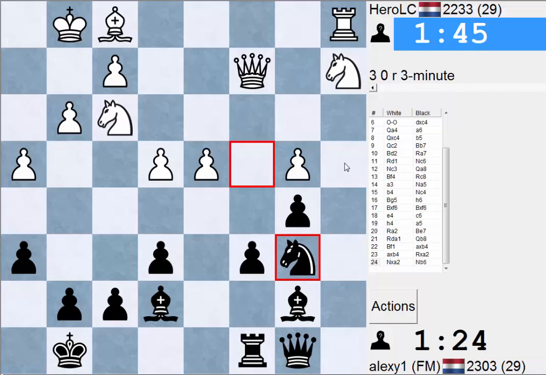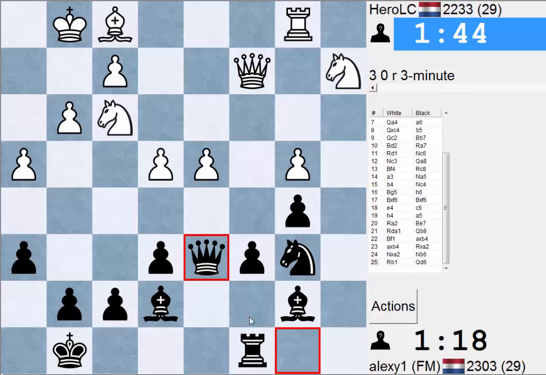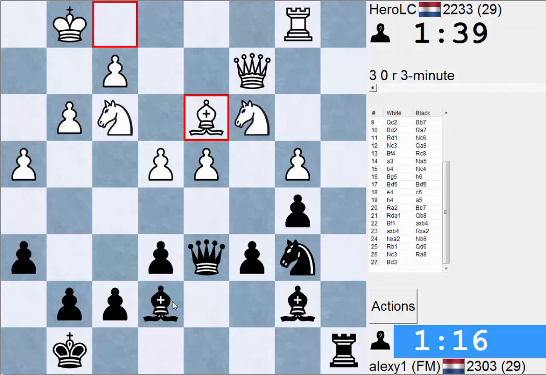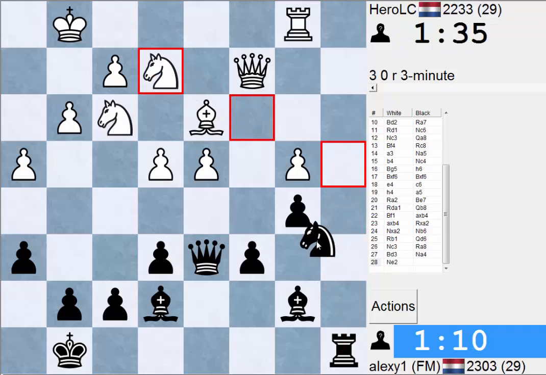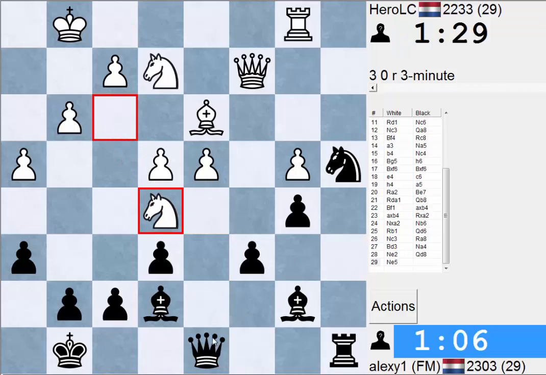Yeah, let's go to either a4 or c4, depending on what he's gonna do. I'm just gonna try and grab the a file with the rook. So even though my bishops are passive, they're not terrible. I want to change these just to get some more pressure on b4. He doesn't want to, which is well, understandable. I want to play queen f8 now. Seems a bit odd, but